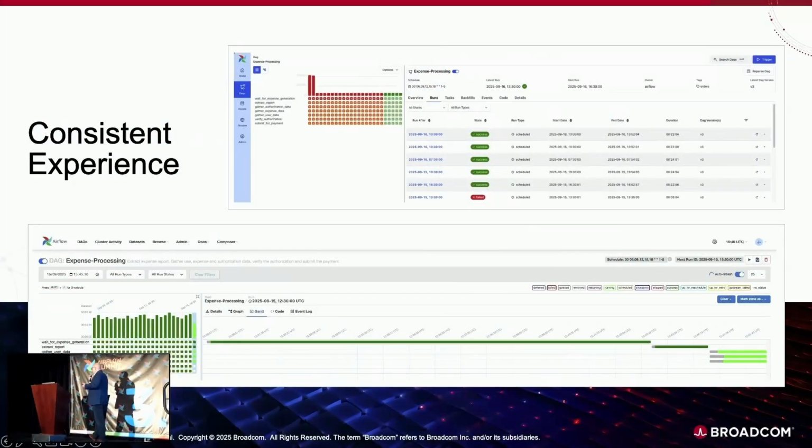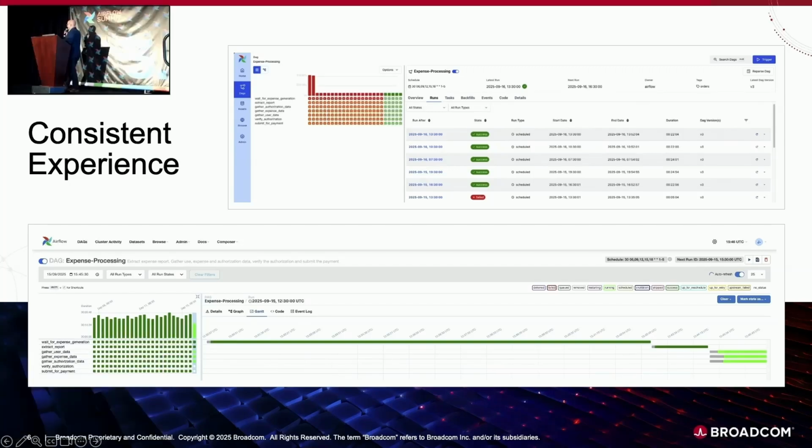I want to talk a little bit about how consistency is important in an enterprise environment. There have been some fantastic changes in Airflow 3, not least of which the move to a React model, which has meant that the UIs have really taken on a new form. The Gantt chart view of the executions available in Airflow 2 is one area where the changes between those UIs have metamorphosized.